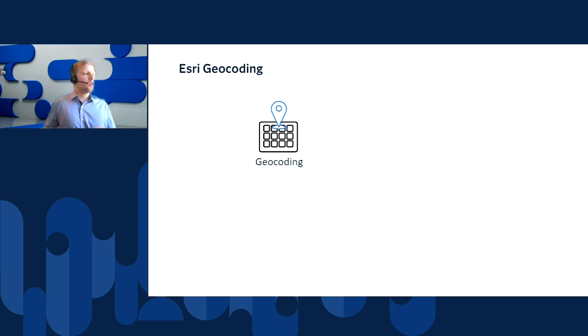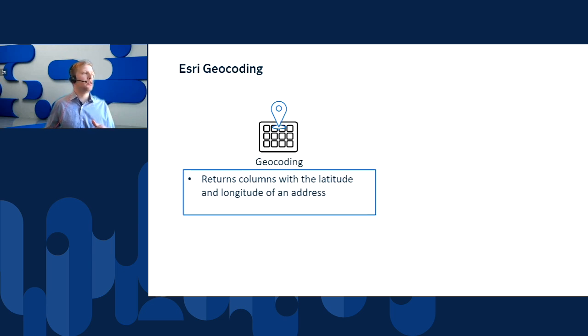Now, the way this works is that when you submit a request to Esri, you say you want to take a CAS table and add latitude and longitude values to an address, it's going to use the ArcGIS World Geocoding Service. And if you've geocoded using ArcGIS Pro or ArcGIS Desktop, this is exactly the same engine behind the scenes, where you're submitting address information to Esri, it's matching it with latitude and longitude coordinates, and then returning those coordinates to you and adding them to your input table.